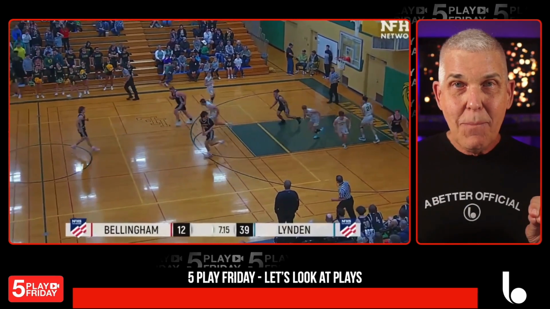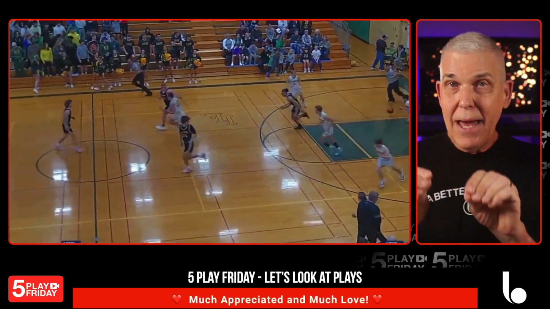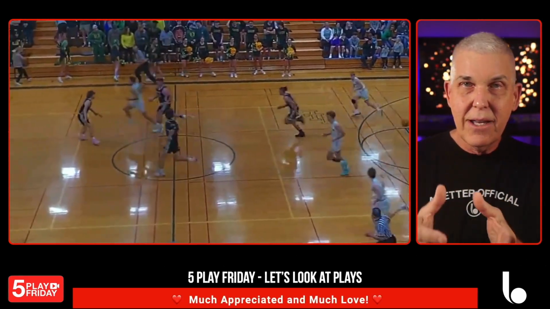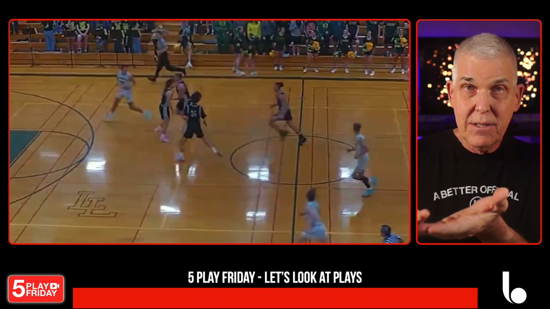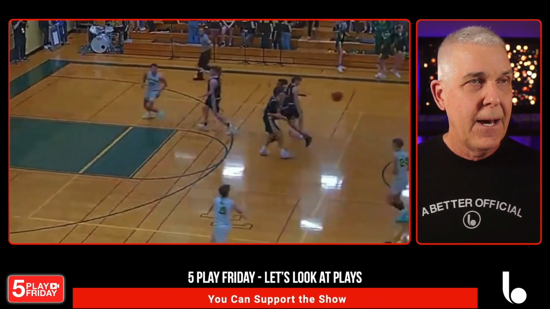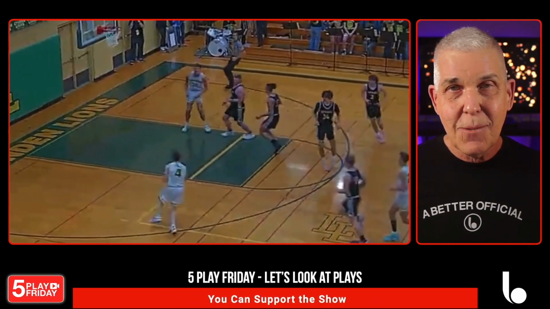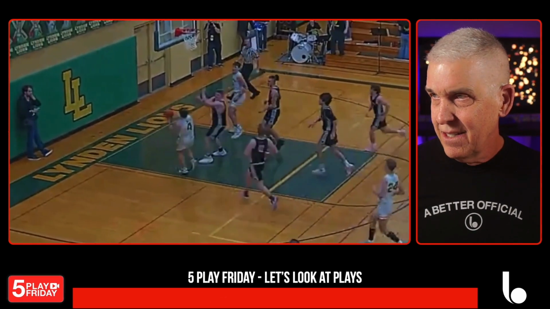It's going to have no impact on the game. It has no impact on this player. It's not like if we upgrade to flagrant, then it would. This play needs to be upgraded. This contact,